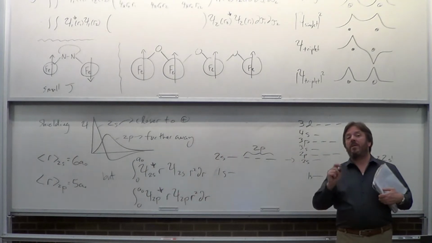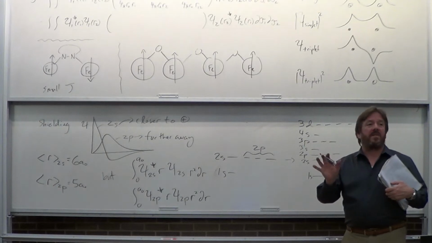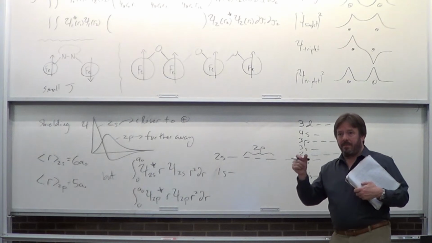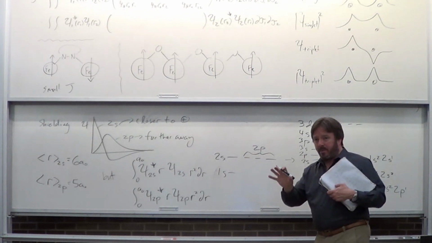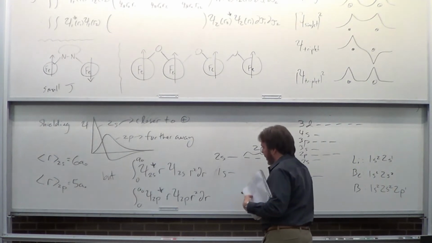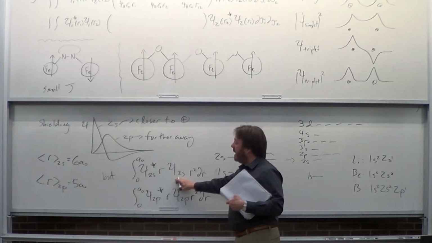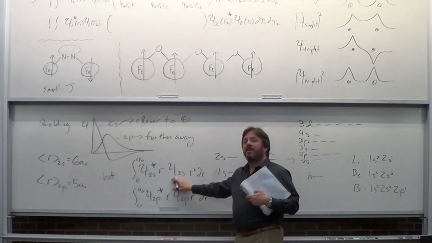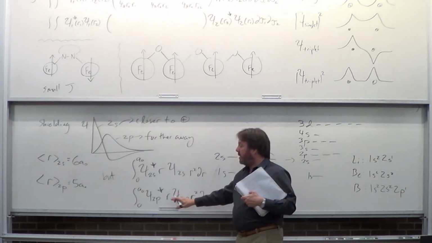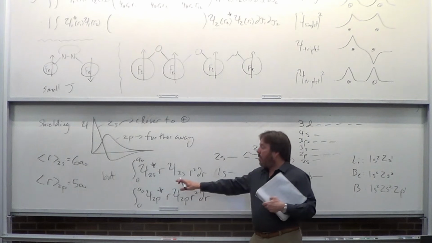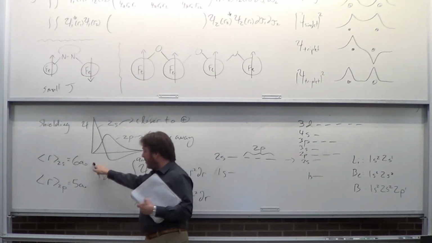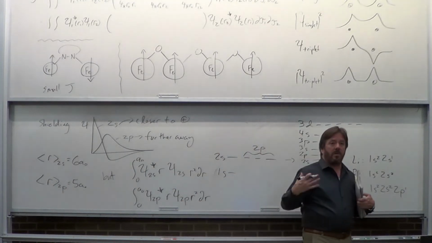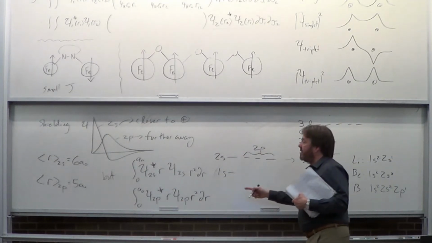Now, when you do this, and you're doing this on your homework, and by the way, of course it's a definite integral, it's a pain. Do it on Wolfram Online, and I put a link in the homework. And then what you find is that actually, by nearly a factor of 10, more electron density of the 2s is closer to the nucleus than the 2p. Now, if you go all the way, if you make that infinity, then you get the result I just wrote here. But when you're looking at close distances, 0 to not far away, the s electron,